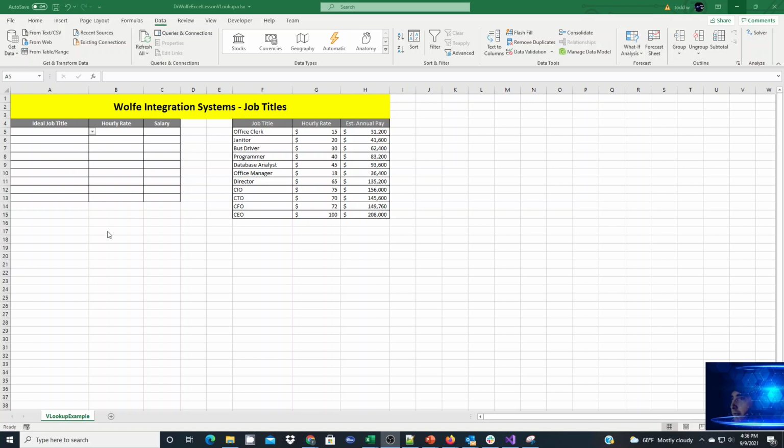This is a brief Excel tutorial on how to make use of the VLookup function. In our workbook currently, we have a drop-down list that lets the user choose their ideal job title. When they choose their ideal job title, we would like the hourly rate and the salary to automatically fill in from them. We have a grid of information that contains the hourly rate and salary by job title over here